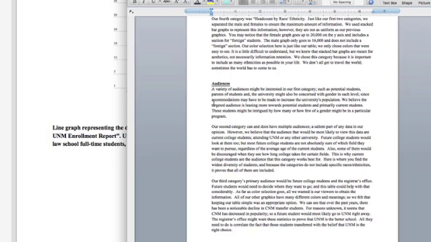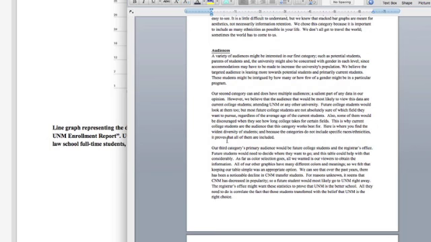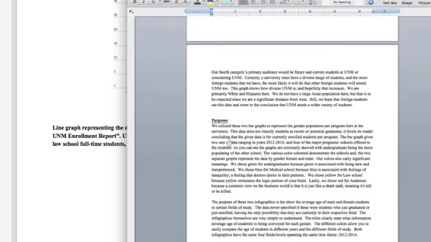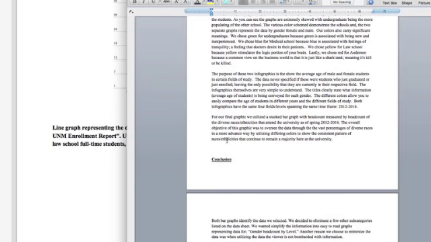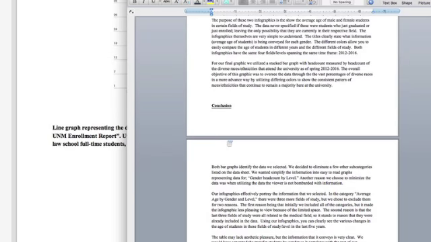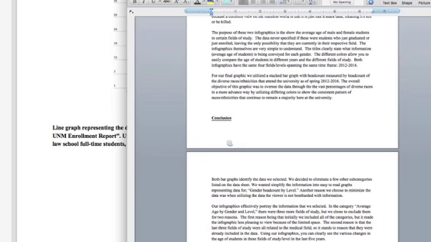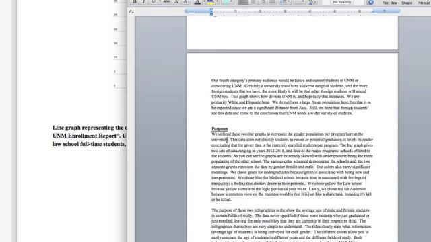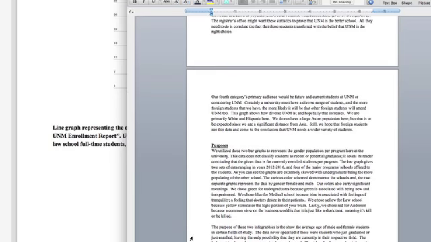Audience, they break up in 4 different paragraphs, and their purpose, and then they have a conclusion here. This is actually too long. They wrote far too much, and they probably should have divided up their content in a similar strategy to this previous group who